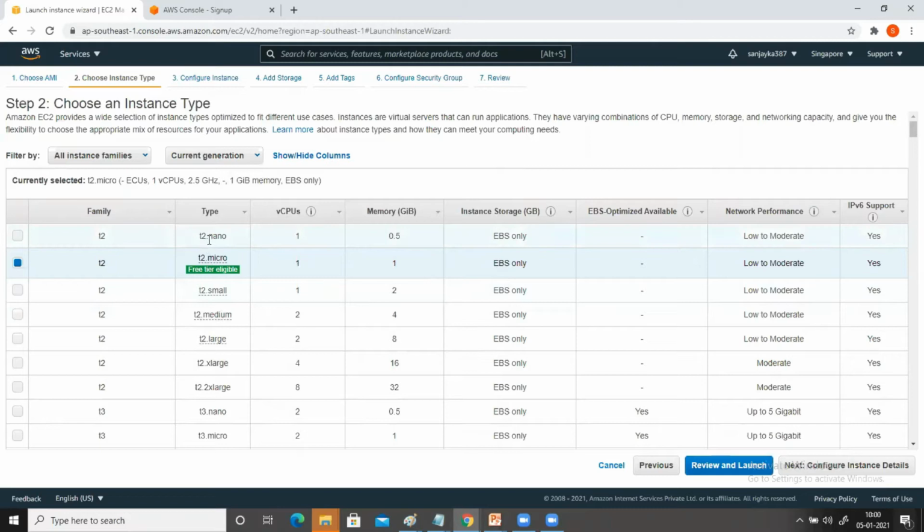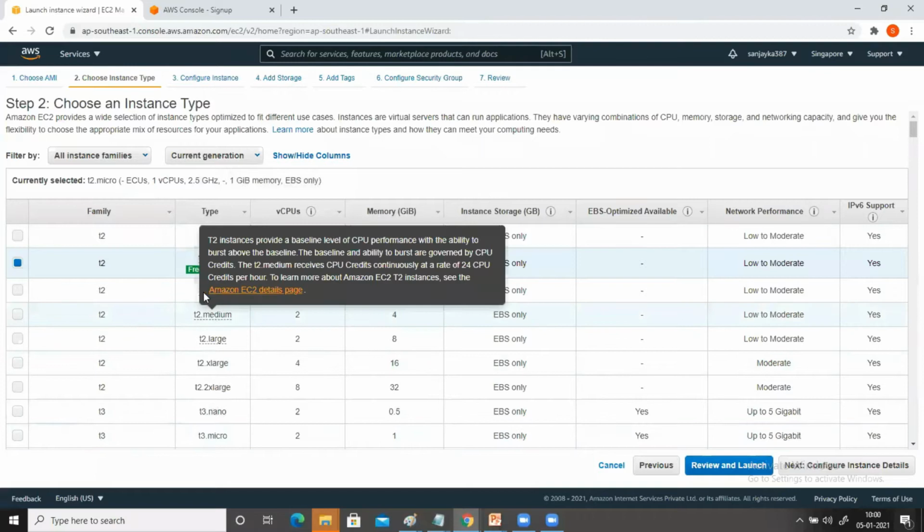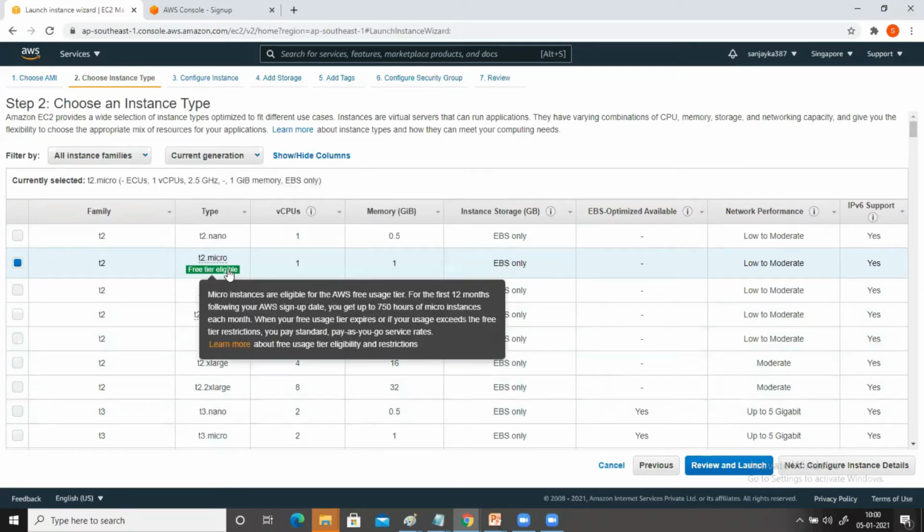If you select t2.nano, this is the configuration you are going to get: 1 virtual CPU, 0.5 GB of RAM, and this is the storage, the disk where your operating system gets installed, the C drive. You will get everything from very small configurations to very high configurations, and based on the configuration, your charges will be different. If you choose any high configuration, you will be charged more here. So I'm going to select this free tier eligible option because I want to create it free of cost. I'm doing it for practical purposes. So I have selected